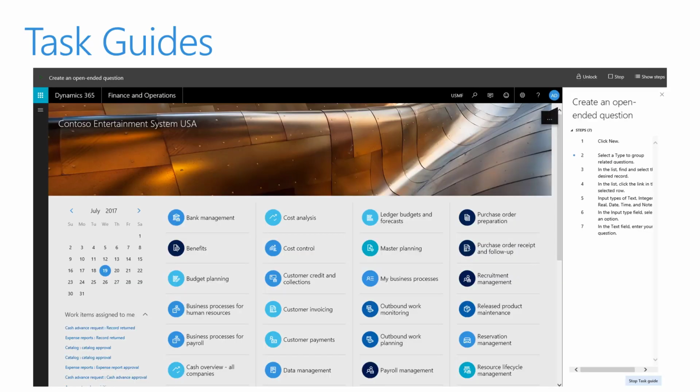Now let's review task guides. You can open or play a task guide from the Help pane in Dynamics 365 for Finance and Operations. You can access task guides by clicking the Help pane in the system. It's important to note that task guides will not natively appear in the Help pane unless you're already connected to Lifecycle Services, or LCS. When you first click a task guide, the Help pane will show the step-by-step instructions for